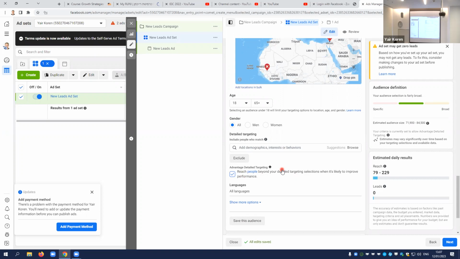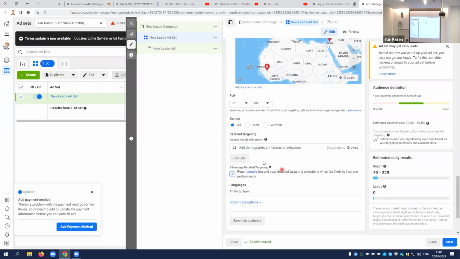Okay, if the AI thinks that it can give us better performance, we're basically allowing it a wider reach and to try to set its own target. It's very similar to lookalike. Basically, we are telling Facebook, this is our target audience, but if you think you can give us better results, then you're allowed to try a different audience or different